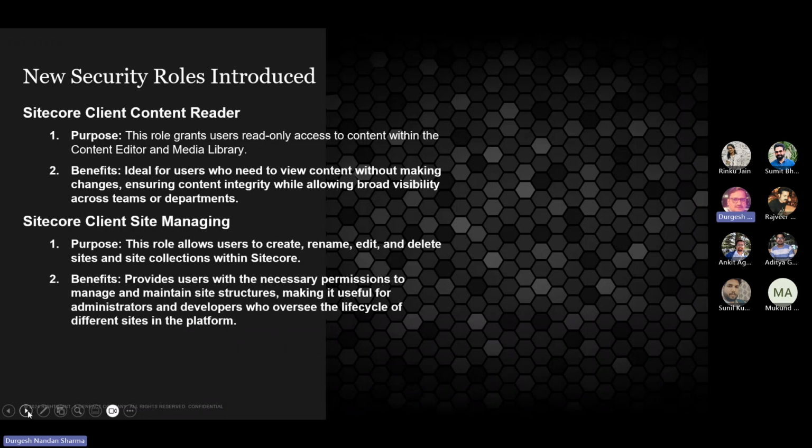There are some security roles introduced in 10.4. One is the client content reader and one is the client site manager. The purpose of this role is to grant the user read-only access to content within the content data. The benefit is that it is ideal for users who need to view content without making changes, ensuring content integrity